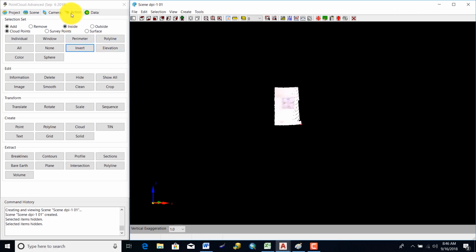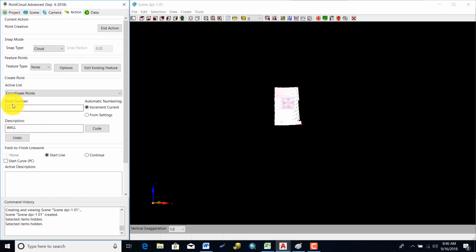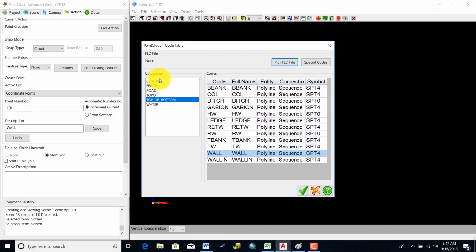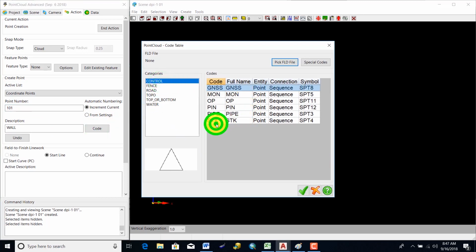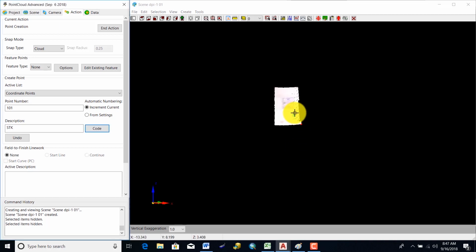So at this point, I'm in Action tab, and I'm going to come down and pick Point to create a point or a coordinate point. And the point number will be 11, and let's type in 101. And right now it says wall. I'm going to go to code, go up to control, and we'll just call it stake. Not that it is, but we'll just do that. And I pick this, and I'm going to come up here, and you see that little blue box. That's pretty close to where I want it to be. So I pick there,